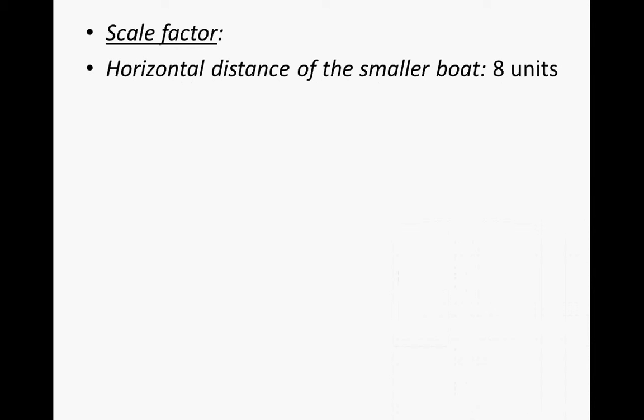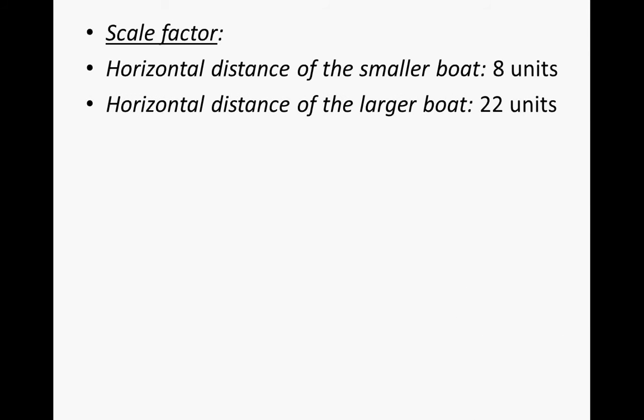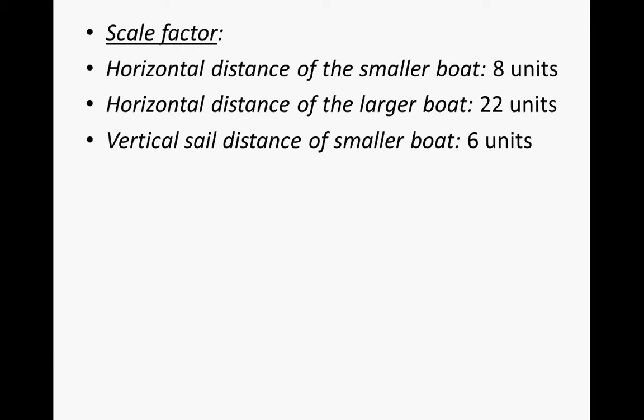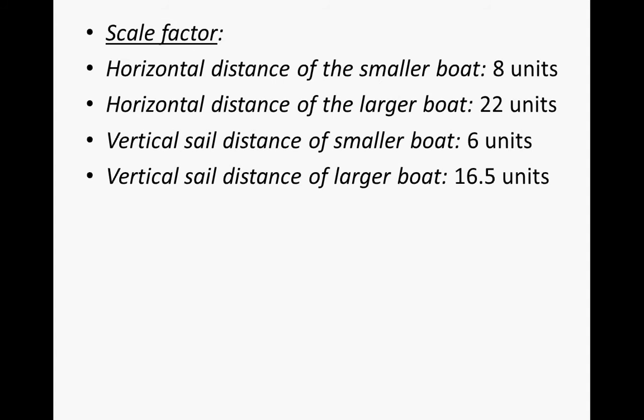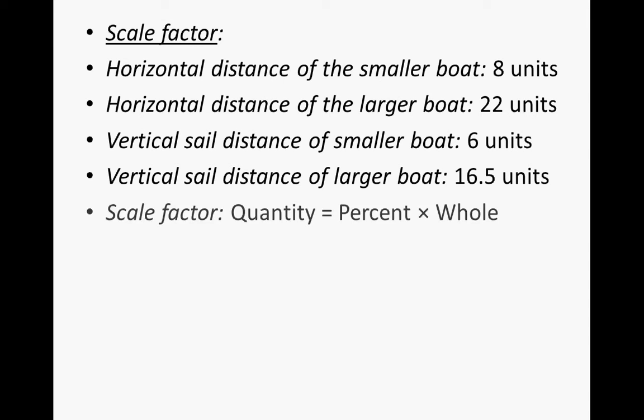So let's start with the scale factor. Well, the horizontal distance of the smaller boat is 8 units. The horizontal distance of the larger boat is 22 units. The vertical sail distance of the smaller boat is 6 units, and the vertical sail distance of the larger boat is 16.5 units. So again, remembering that the scale factor is a quantity is equal to percent times the whole,